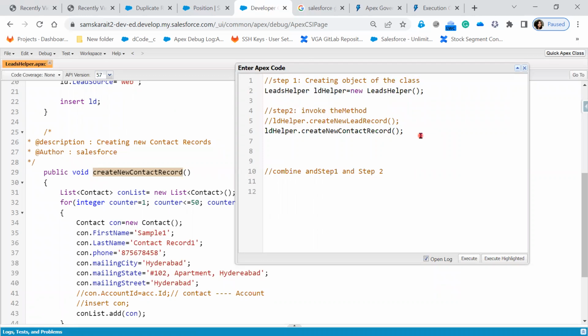If you want to combine that, you do not want to do this separately. In that case, you have to use the keyword called static. Public static void. You have to use the keyword called public static void. If you use public static void, what will happen is, instead of doing it in two steps, you